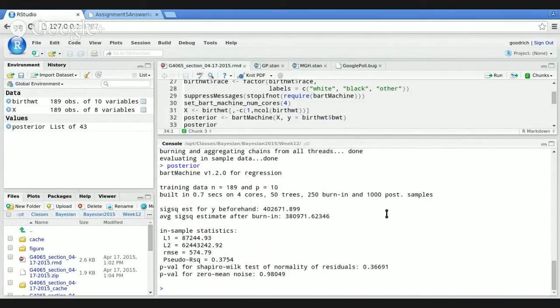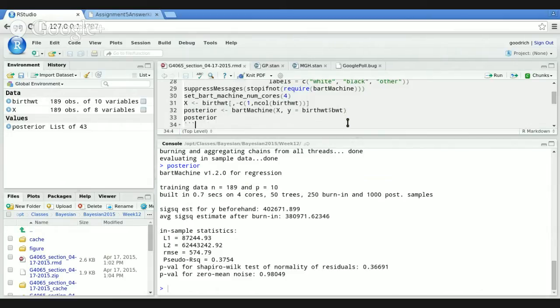And if we just look at the printout, the summary of it, it'll tell you some stuff. In this case, it is capable of doing a test for the normality of the residuals. We get a not tiny p-value there, so that's good. Some other basic information about what happened, but it doesn't really tell us